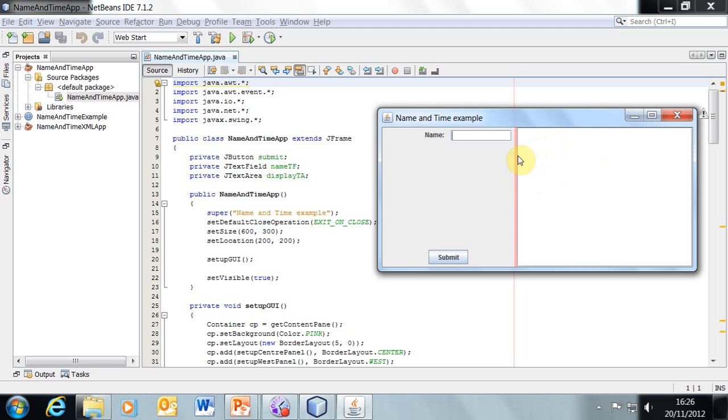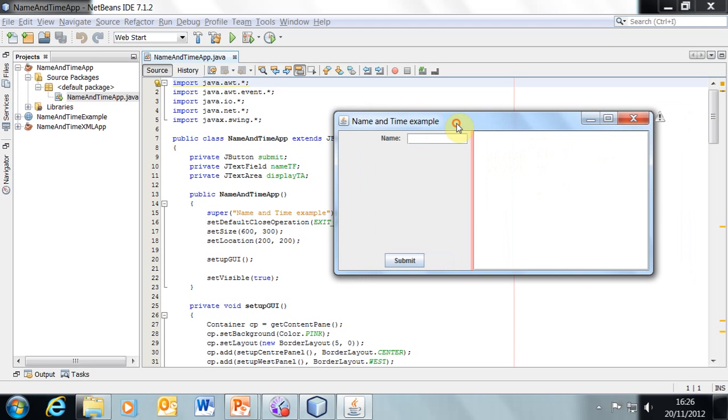And what will happen, and we won't run this now, but when you download this and run it for yourself, you will need, first of all, to make sure that the server-side application is running. Then you can start your client, type in a name, or leave it blank, it doesn't matter which, and when you've typed your name and clicked on Submit, it will then send a request using the HTTP protocol to the